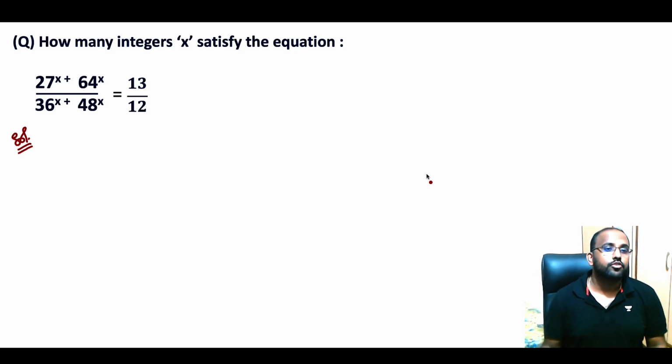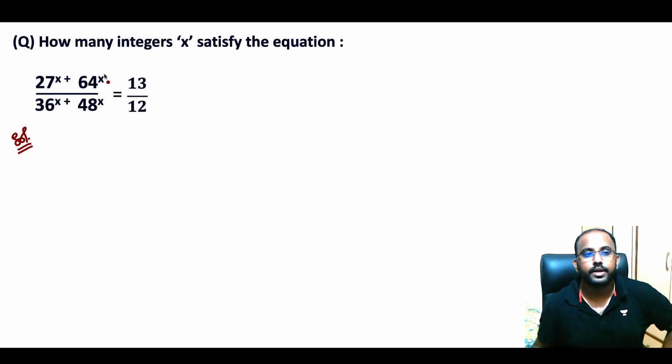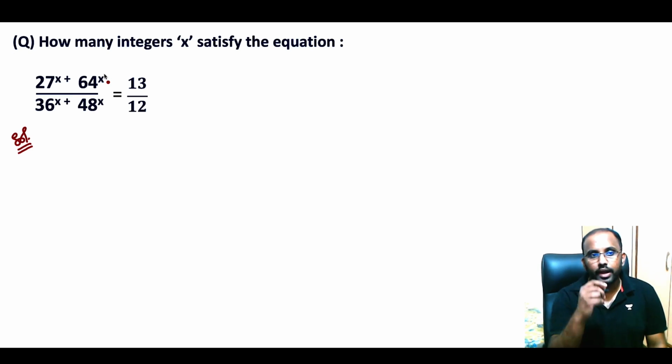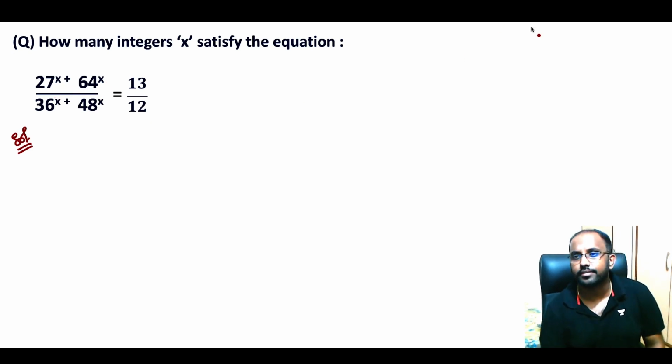Okay, so this question says: how many integers x satisfy the equation 27 raised to x plus 64 raised to x divided by 36 raised to x plus 48 raised to x is equal to 13 by 12. So I need to observe a few things, because 27 raised to x is actually, how I can write this, 27 raised to x, this is equal to